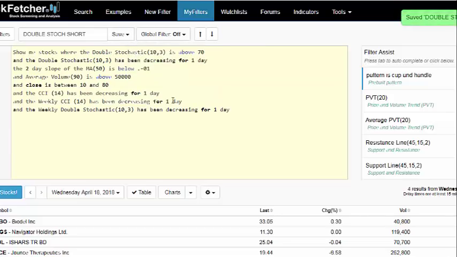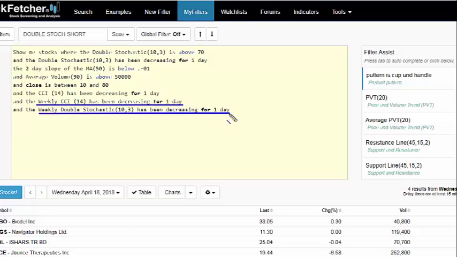Cool. And then we've got, let's see, the weekly CCI, 14 periods. So now I want to look for concurrent time frames, right? Not just the daily chart, but now I want some sort of indication that on the longer term time frame, in this case the weekly, I'm going to use CCI as the momentum indicator here, that the longer term momentum is also going down since we're looking for a short. And we're also going to require that on the weekly double stochastic, that it is also angling down on the